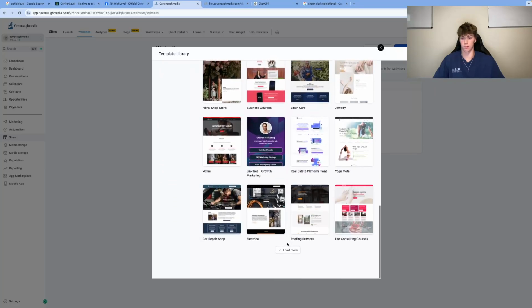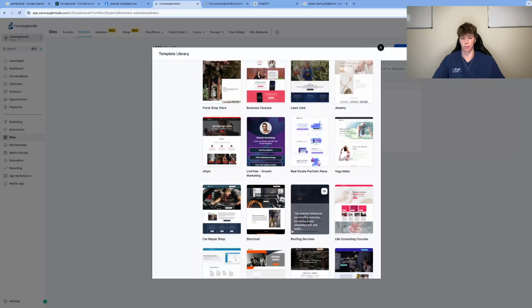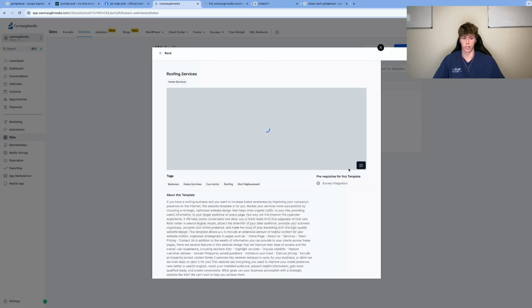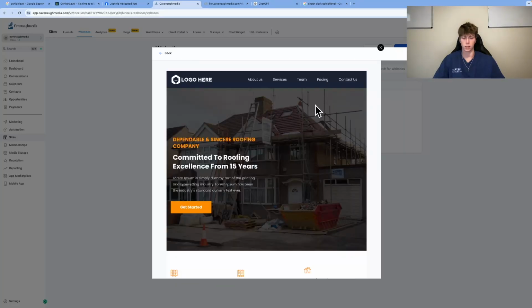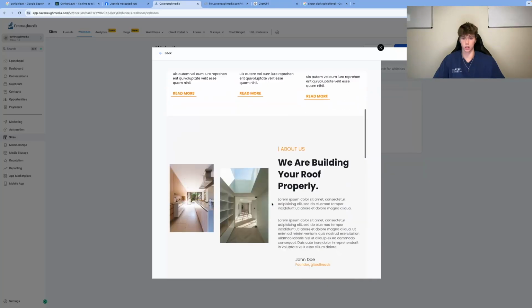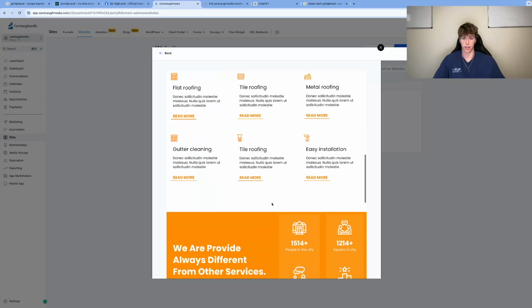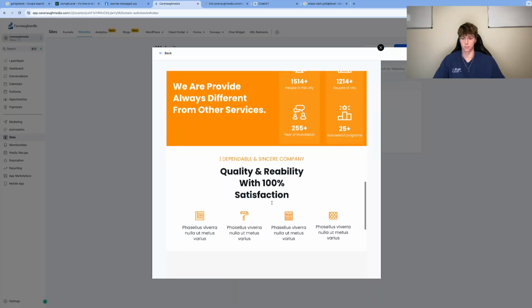Now, why would you do that? I'd probably build them on WordPress. If you're a beginning website builder, you can use GoHighLevel. They have all these amazing templates right here that you can just kind of see. Like this is a pretty good roofing template. It's not finished, it needs to be worked on, but